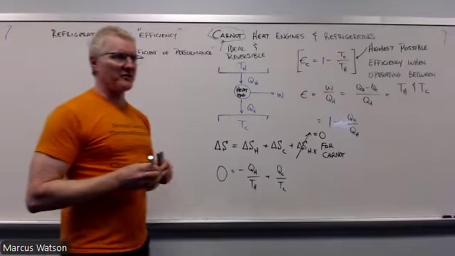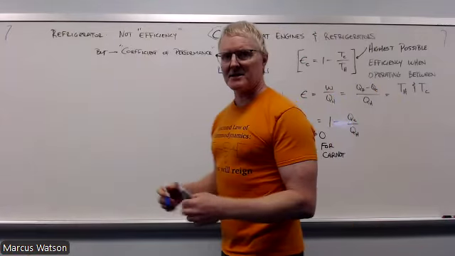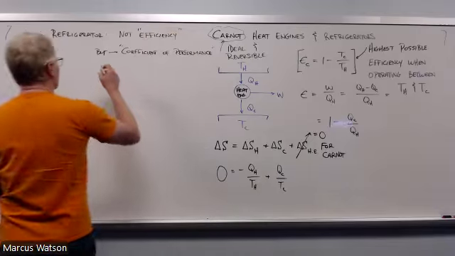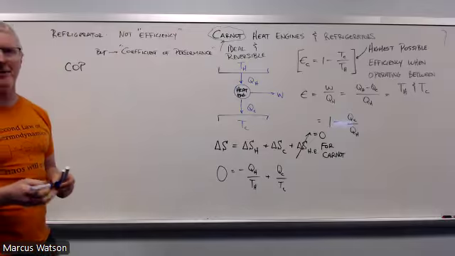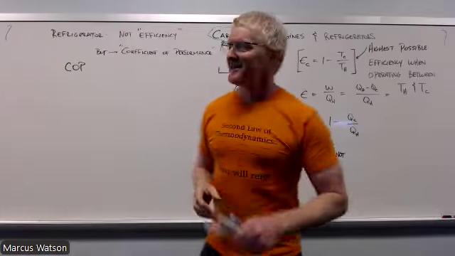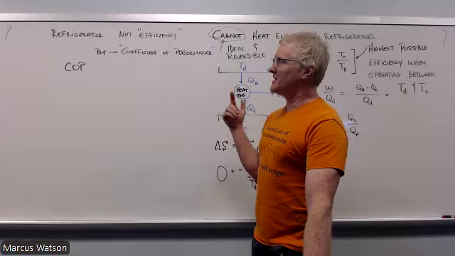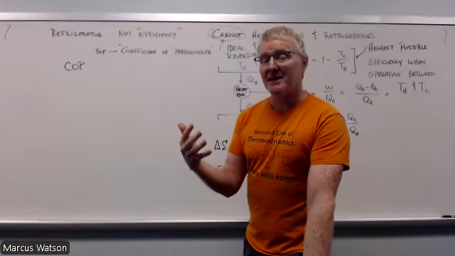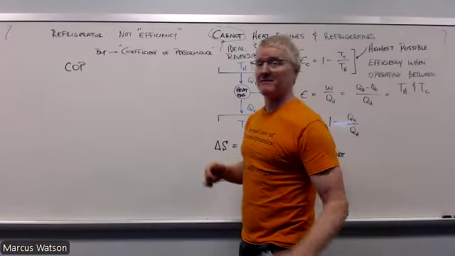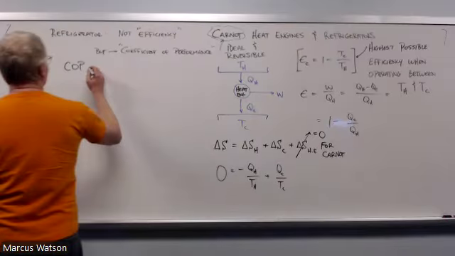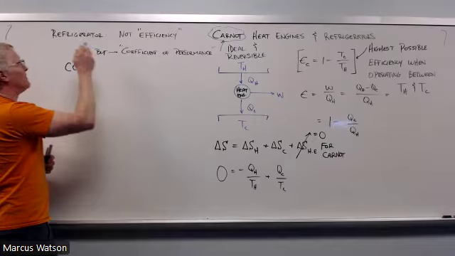It's called the coefficient of performance. Since that's a lot to say, it's just called the COP. Whenever you're talking about a COP, that's a situation where you could expect that the quote-unquote efficiency is more than 1. This could be COP for a refrigerator, could also be useful for what's known as the heat pump.